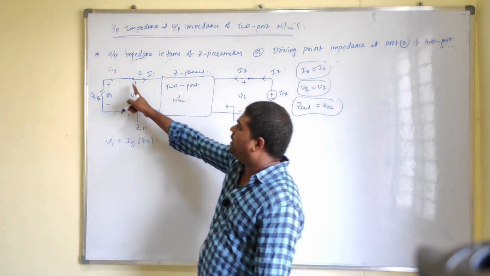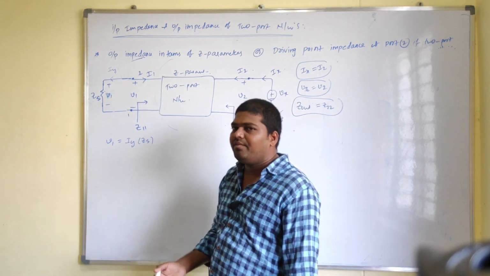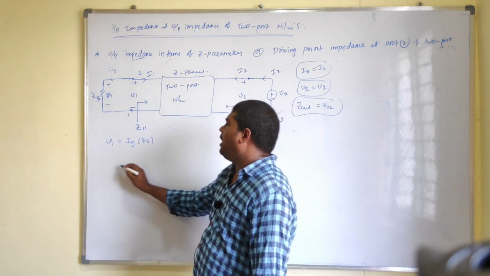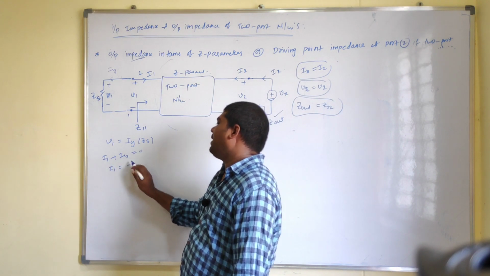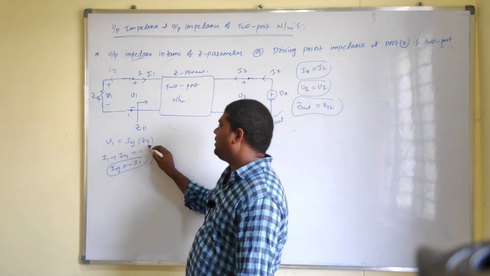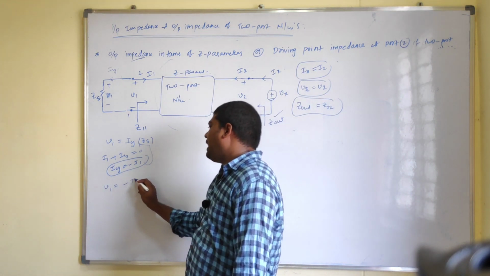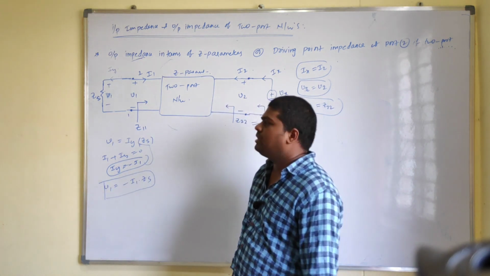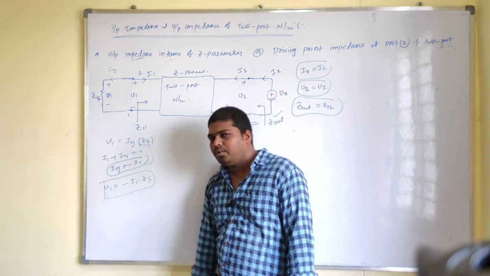Now observe here, this is the leaving current Iy, and this is also a leaving current. The sum of entering and leaving currents equals 0. But here we have only leaving current, so I1 plus Iy equals 0, so I1 equals minus Iy, otherwise Iy equals minus I1, right? The same thing can be replaced here. Now V1 equals how much? Minus I1 into Zs. So this is your observation, right? The voltage drop across this source resistance equals minus I1 into Zs.